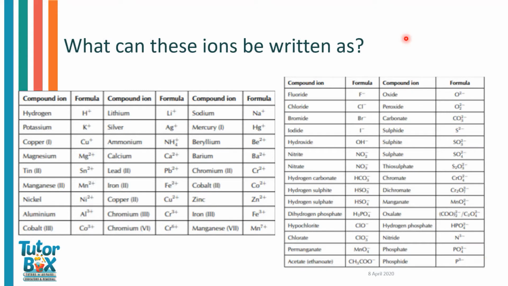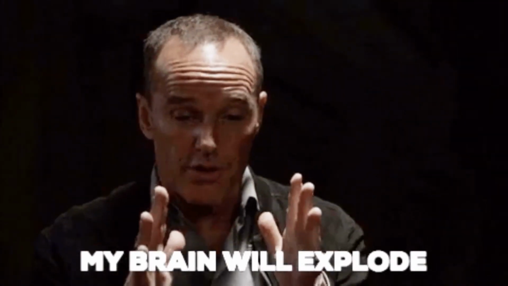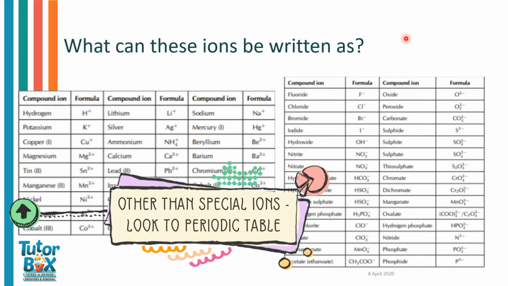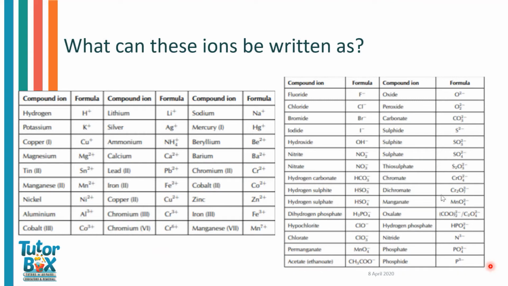So I know that seems like a lot of overwhelming information. You obviously don't have to know all of them, but it's just nice to have a summary. So if you would like, make notes of any of them that you think you'll struggle to remember, or just make a note that you need to look up these ions.